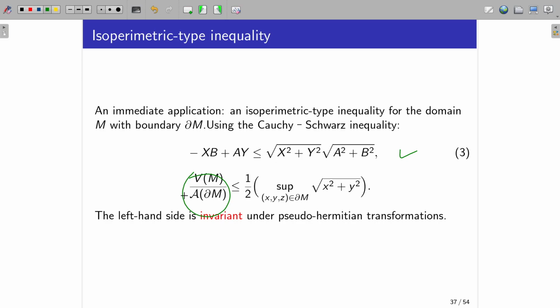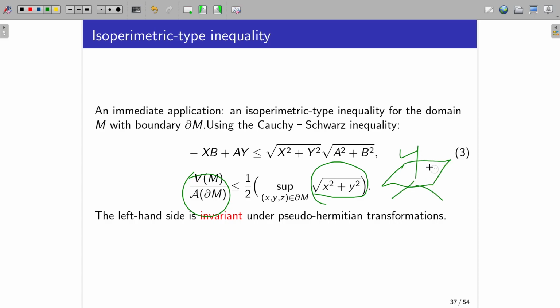So it means that no matter where you move the domain M in H1, take a look at the right hand side, this is just the distance